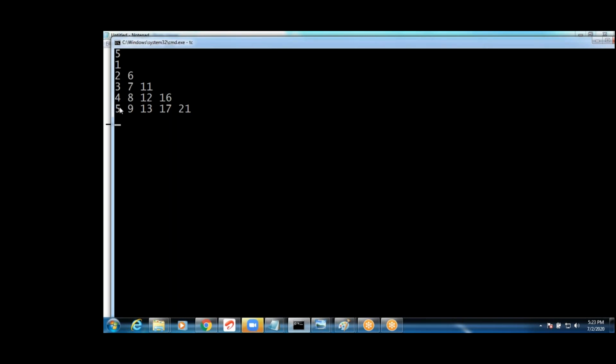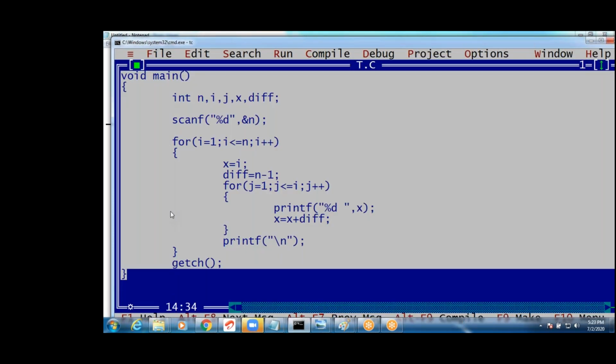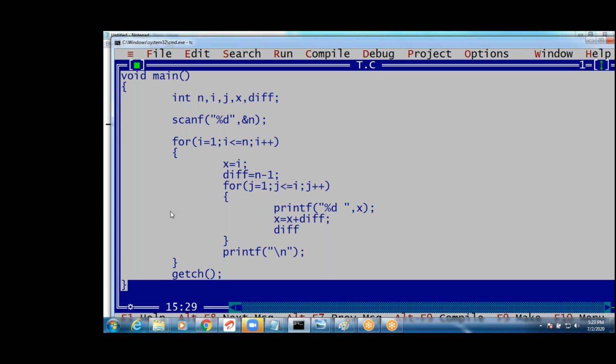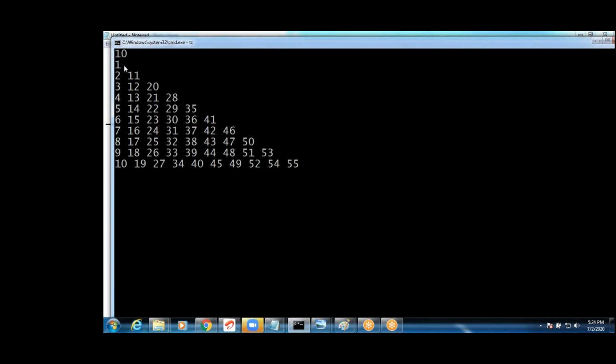Now check it, guys. Now if I enter 5, 1 2 6, 1 2 3. This is the output, guys. You can see the output. 1 2 6. Now we can enter 10. Yes, you can enter 10 now. 1 2 3 10, 11 to 19, 20 to 27, 28 to, like this you will get answers. Okay, see this answer. You understood? 5, I added, 1 2 6 3 7 10. Right, next line you will get output. Yeah, guys, write this output. I will explain once again. Write this.